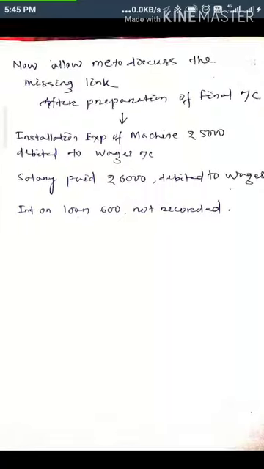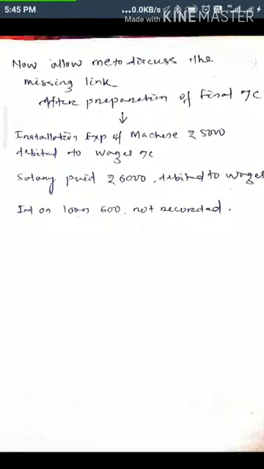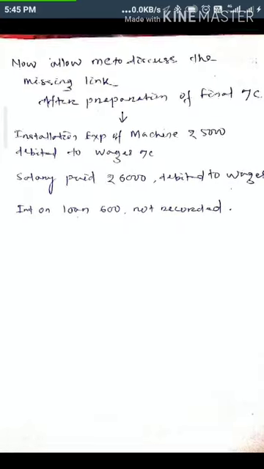So generally in the journal entry the machinery account should be debited, but they have debited wages. So for this entry, after preparation of the final account, if you pass a rectifying entry, the entry will be